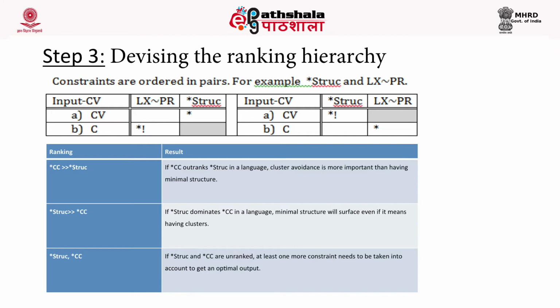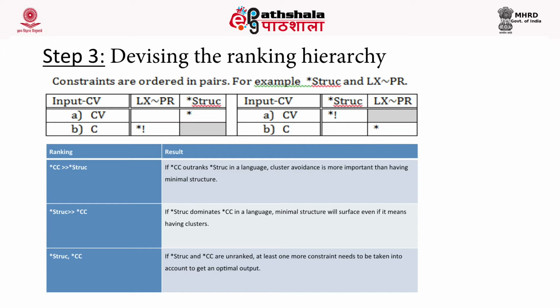In the second one, with the same input and the same potential candidates, if NO STRUCTURE is dominating, we have the same violations. CV violates NO STRUCTURE as it has one syllable, and C has no structure, so no violations, but it is not even a syllable, not even a minimal prosodic unit, and therefore it violates LEXICAL WORD is a PROSODIC WORD. Since NO STRUCTURE is the dominating constraint, CV incurs a fatal violation. So for the same input, we now have two outputs. In the first case CV, and in the second case C. Why? Because only with the difference in ranking of the constraints we have a difference in outputs.